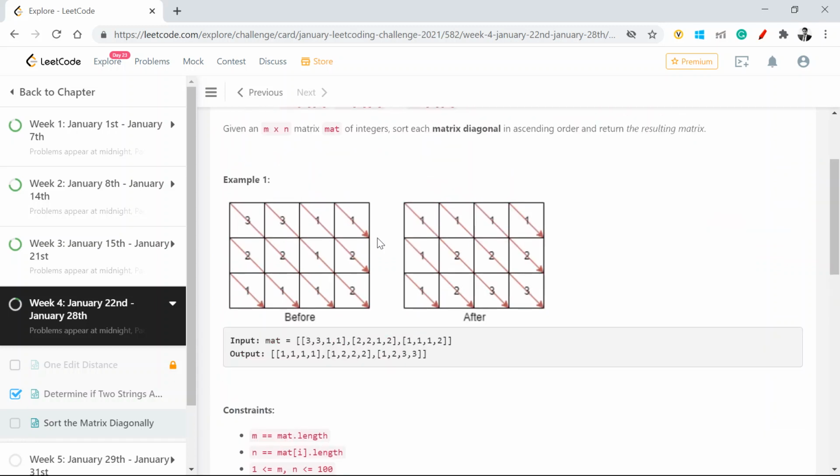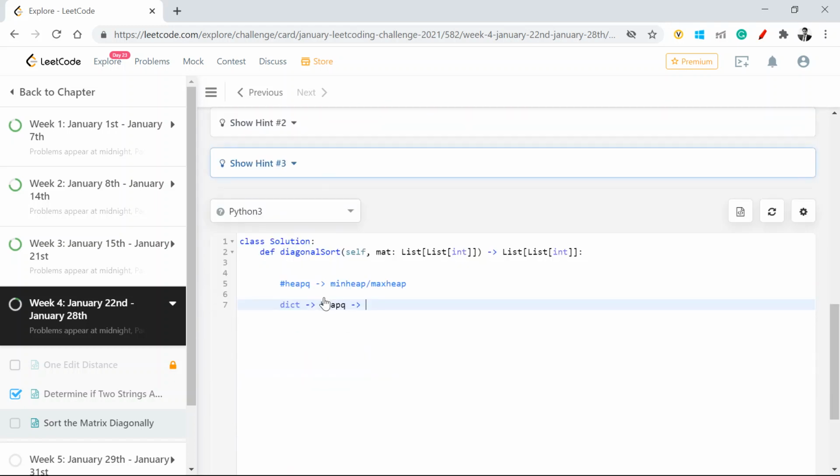So all I need to do is pick the diagonal values and put them into one array index. What I mean by that is, let's take an example.